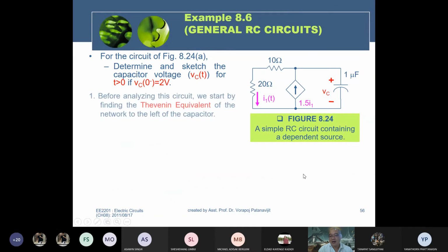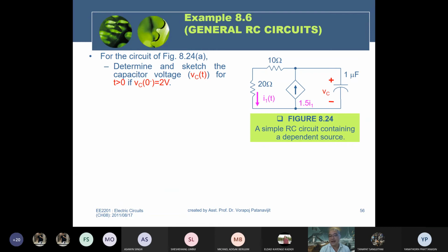Now the next one. In the case of the source-free circuit, for time greater than 0, the remaining circuit is here. If the circuit has some dependent source,